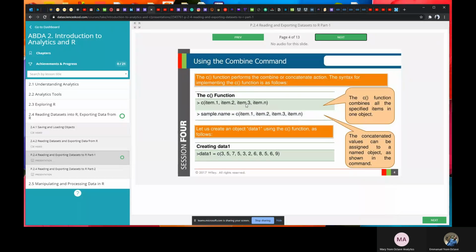It can either be a number, maybe an integer, maybe a floating number, or a string, but it can't be the two at the same time. So you can append as much as possible. Then after that, you can assign it to a particular object. As you can see, the equality sign was used there. You can also use the less than and minus sign to append and to assign to an object or a variable. So here I use a vector of numbers assigned to an object called data one.